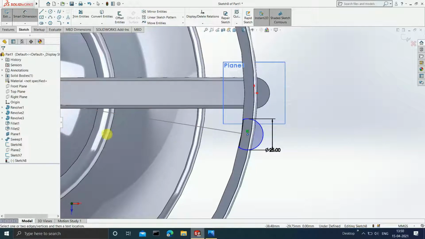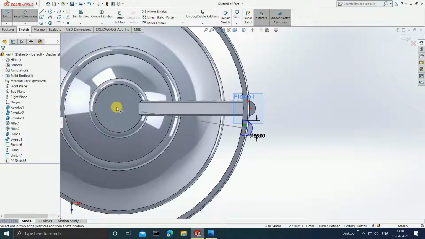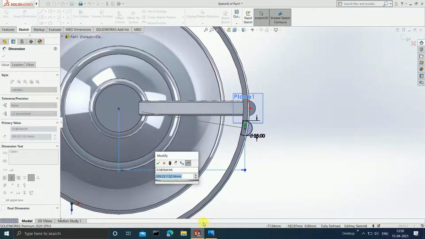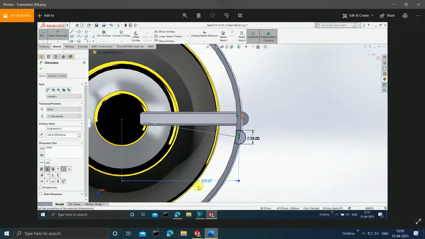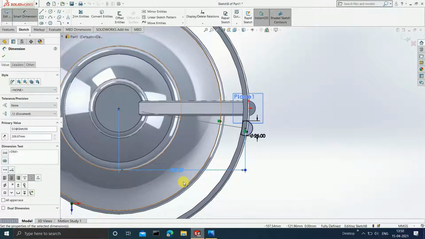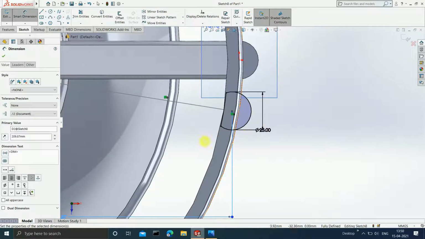Select this point and select this point and give the dimensions. Here it is 209.87. So give it as 209.87. Now you can see that your sketch is completely defined.